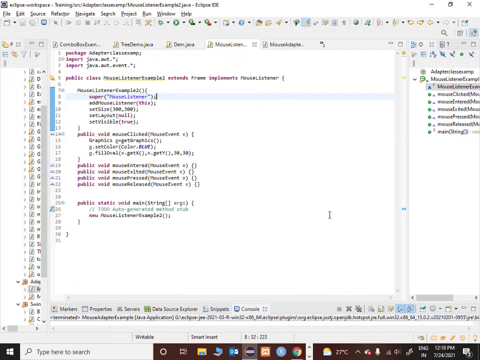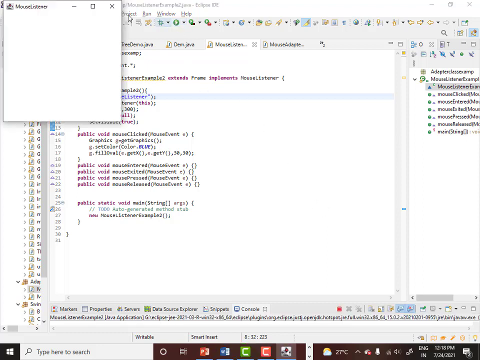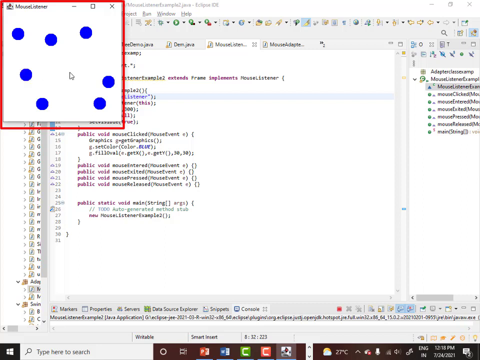Okay, here you go. This is a simple program which makes use of the mouse listener interface. So let me run this program now. When I run this program, I'm going to get a frame. Now you can see that my mouse pointer is moving. Wherever I click the mouse pointer, I'm going to get a blue oval shaped figure like this. Okay, the program is pretty simple. So this is a simple example of a mouse listener interface. Now let me close this program.